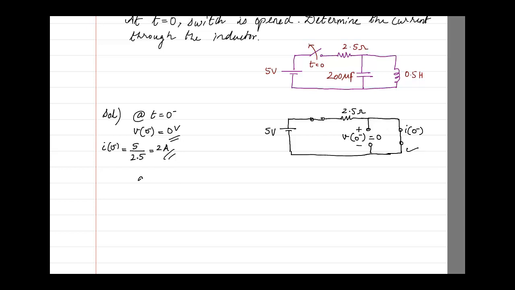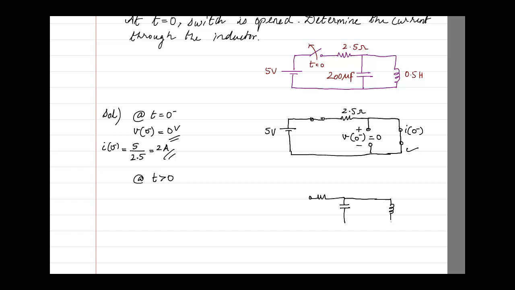Next we have to find out what happens at t greater than 0. So at t greater than 0, we know that the circuit is open. So now the resistance is there, but that is now immaterial. There is a capacitance, and then there is an inductor,